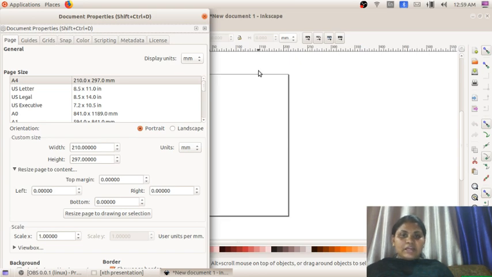We can resize the border according to the picture. For that we are using this icon. Hope you all understood about this. This is the properties of this document. Okay.